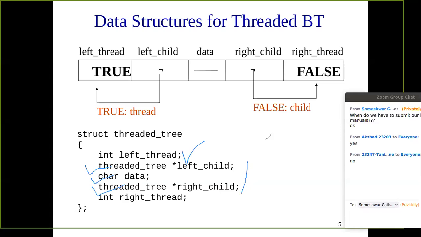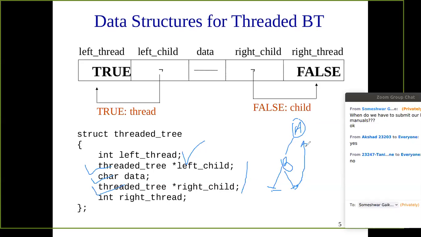Because in this case, if we are considering this node a, b, and here we are having some right link, this is the null link. Again, suppose we have a null left link. In this case, suppose this is a, this is b, and null links are there. From a to b, b is connected with the left link, and then this is the left link, and this is the right link of b. So in threaded binary tree, what we are doing is assigning this back to the inorder successor.